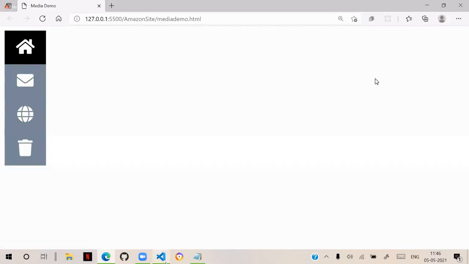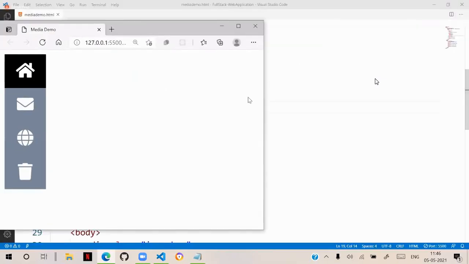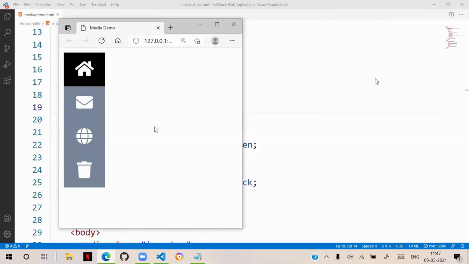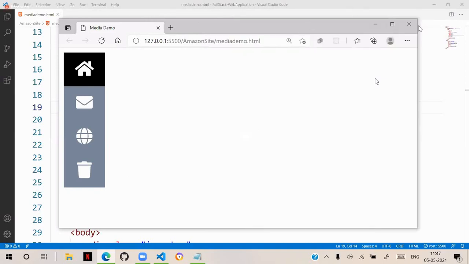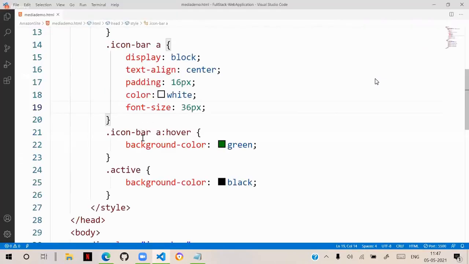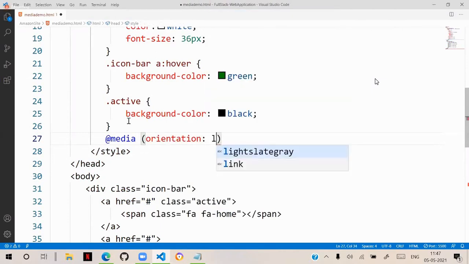Then what you do is here, currently at any level this toolbar is same. So we need to keep, so the appearance changes according to width and orientation. Then what we do is, we have to write a media query now. Here I need to add a media orientation. If orientation is landscape,